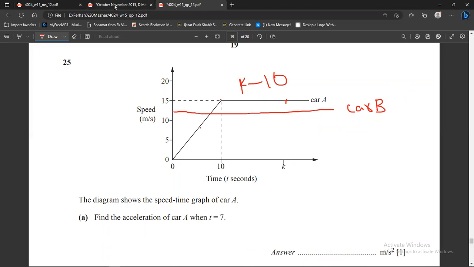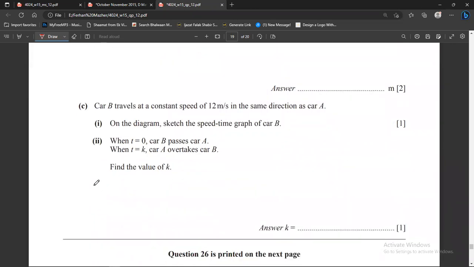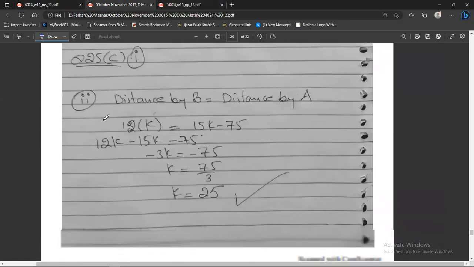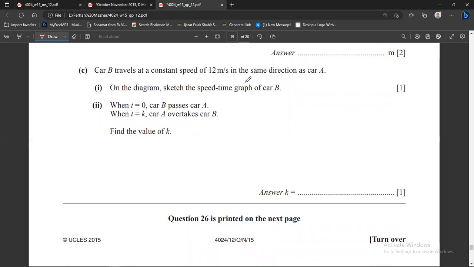Okay, so we are done with this. The second part of the question: when t is 0, car B passes car A. When t is equal to k, car A overtakes car B. Find the value of k. When it overtakes, the distance traveled by both the cars will become equal. So I will make the distance traveled equal. So the distance traveled by car B,